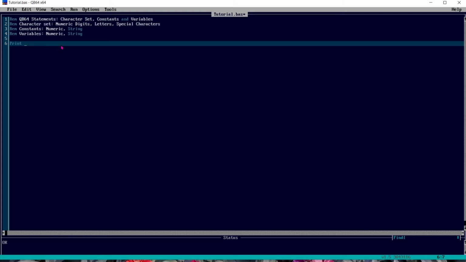Similarly, we have letters. Letters mean we always have to use double quotes. So we can use capital A, small a, capital B, small b, up to capital J and small j. I'm not writing all the alphabets, I'm just giving you an example.